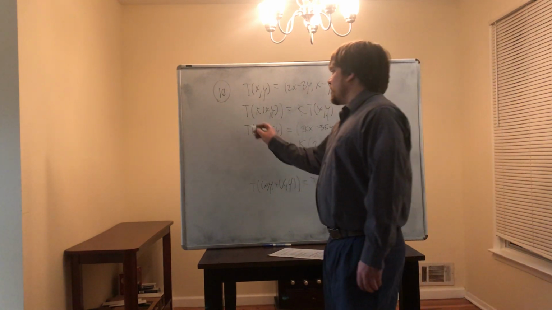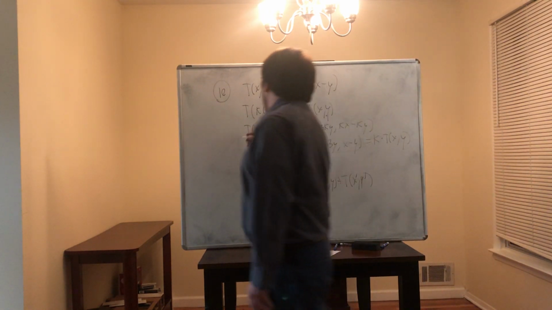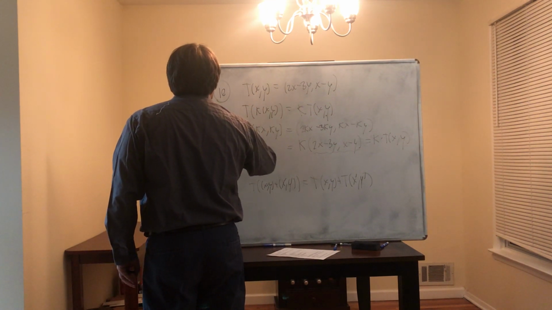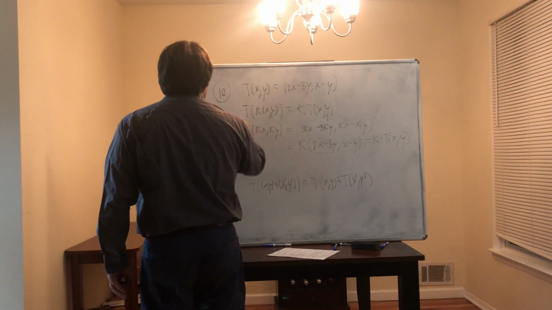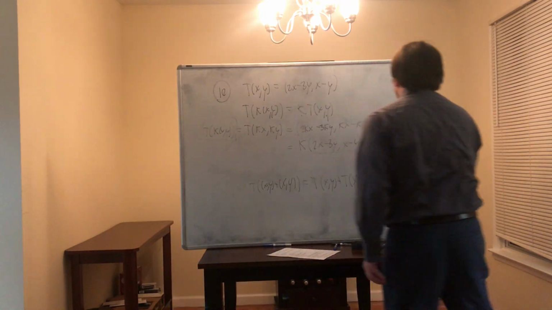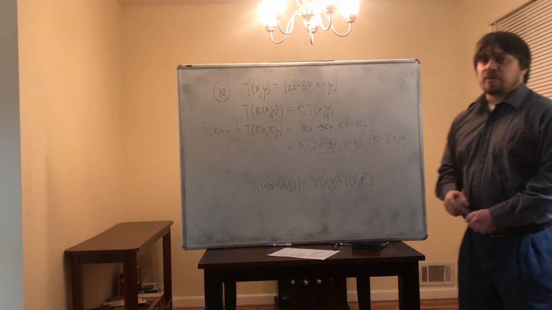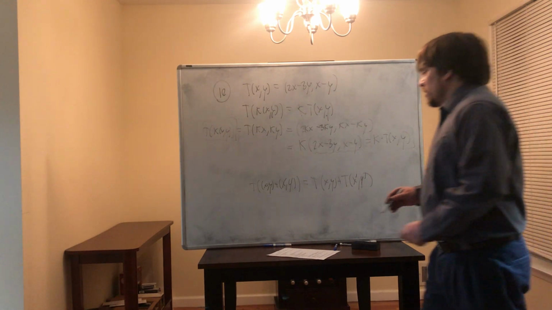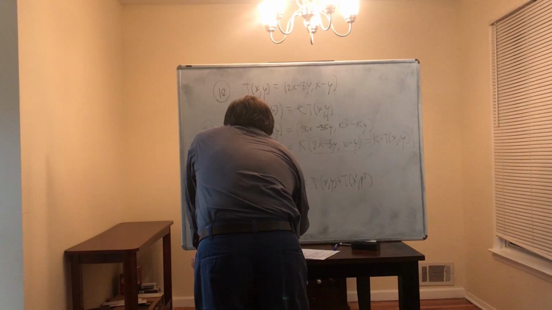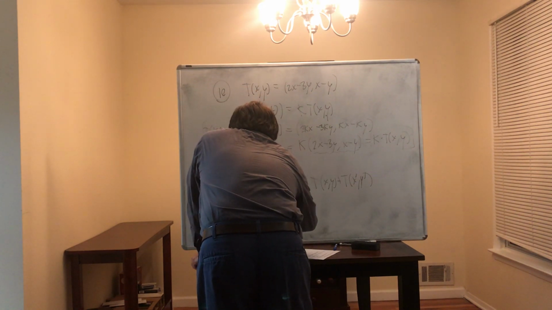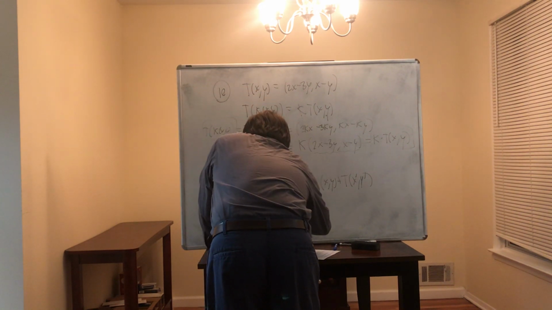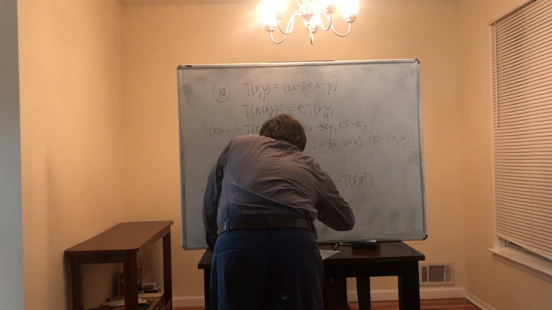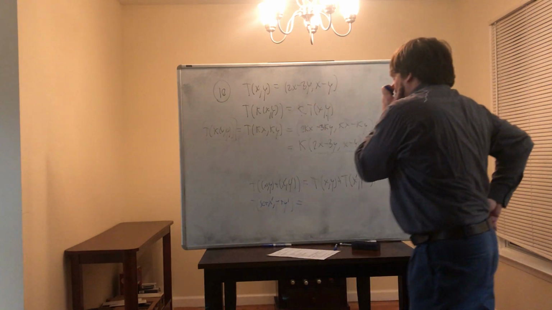So what I just showed is that T of k times (x, y) is equal to k times T of (x, y). So I proved the homogeneity property for T. Now, T of (x, y) plus (x prime, y prime) is T of (x plus x prime, y plus y prime). And so this is equal to